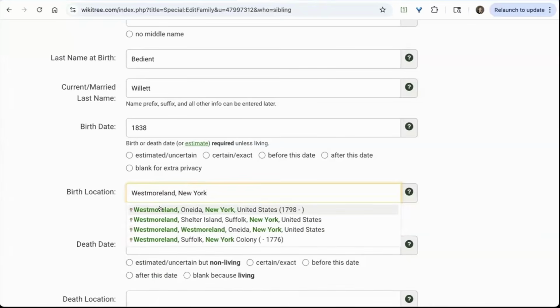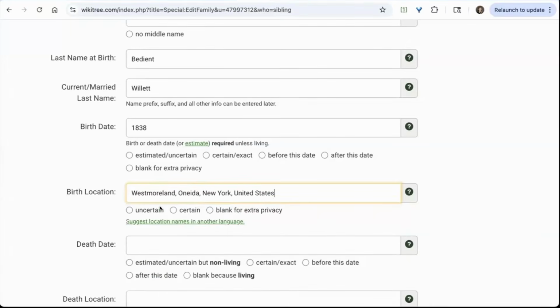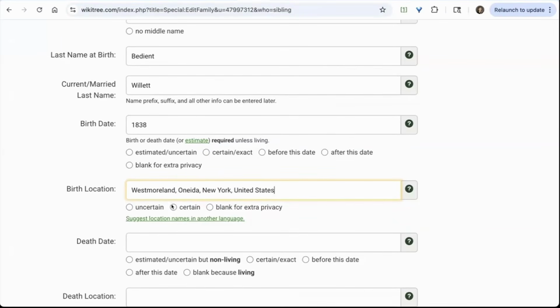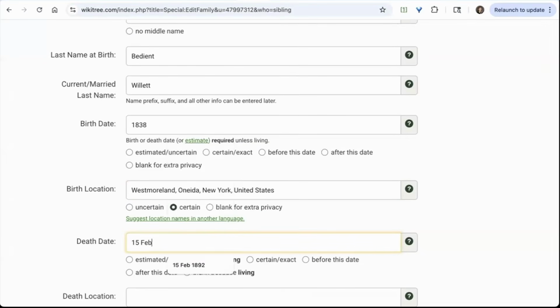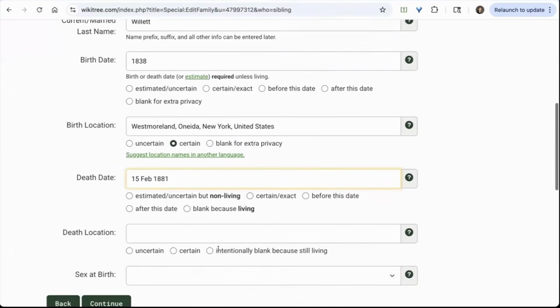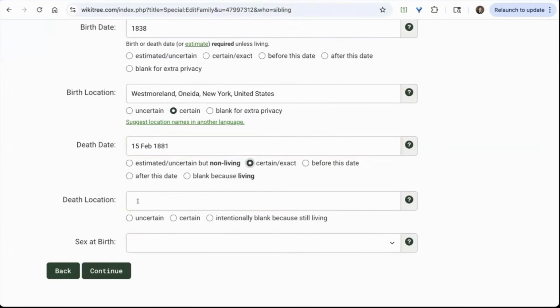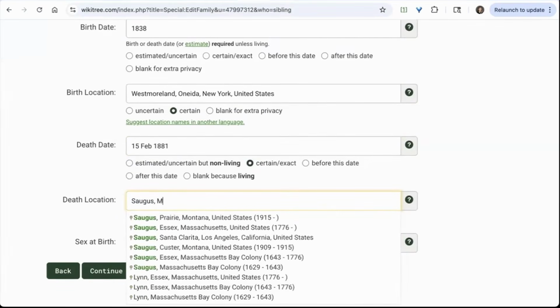There we go. Westmoreland, County of Oneida, New York. And I am certain of that. Her death date was, three-letter abbreviation, 1881. I am certain, and she died in Saugus,